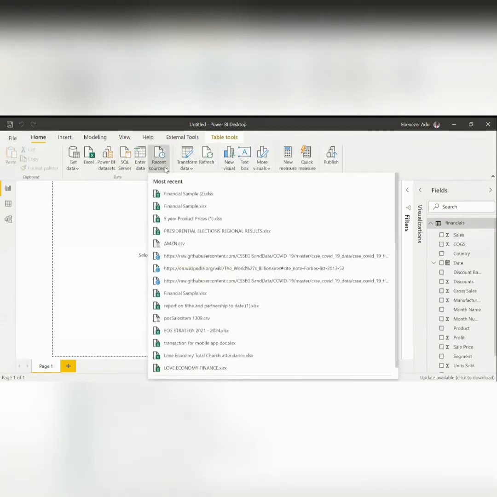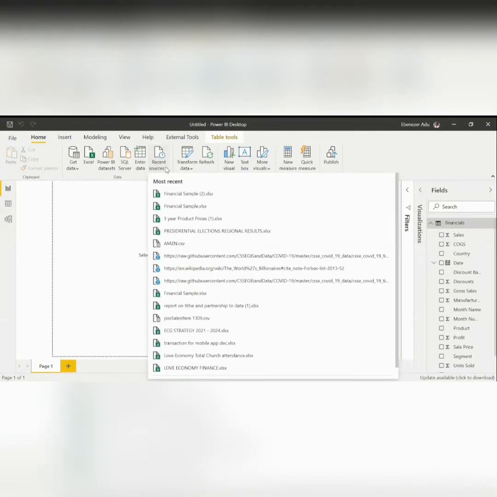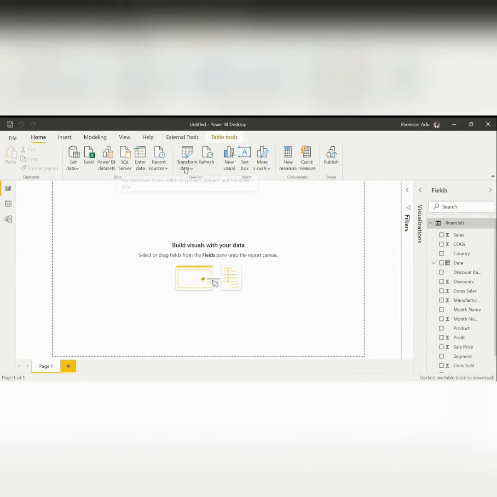Recent sources, look at your recent sources of data that you've connected. If you are new, this may be blank. Then transform data, we'll talk about it after. I told you transformation would just take another video. For now, let's look at what the BI is. Refresh, maybe you've changed the data set. You want to refresh and know what is new. New visuals. Let's click it and